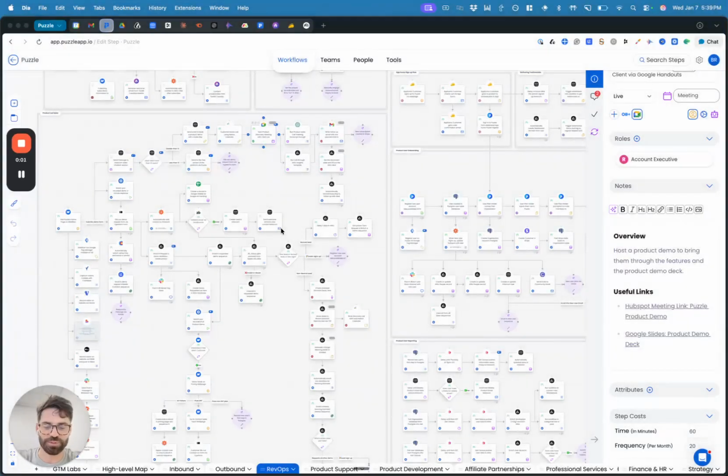Hey, Process Pros. So today I want to walk through how you can search and query the entire workflow canvas based on a keyword. This question has come up a couple of times where once your map starts to get very, very large,